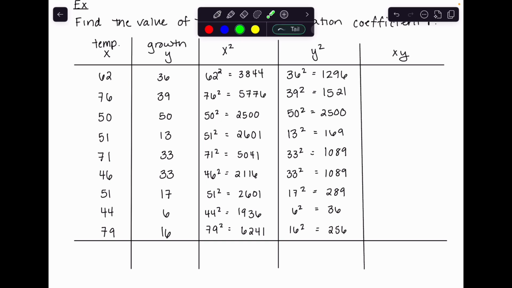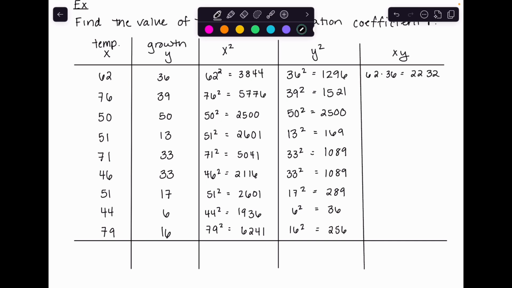Then finally, I need to take x times y. So for each of these pairs, I'm going to go ahead and multiply those two values together. So it is x times y. So my first pairing is 62 and 36. If we multiply those, it gives us